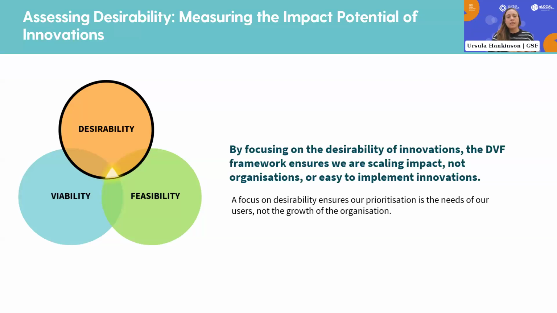So especially around the consideration of the desirability element of the framework, it really makes sure that we are focusing at every step of our journey and every point in our strategy, that we are working towards impact on the outcomes that we are seeking to change.